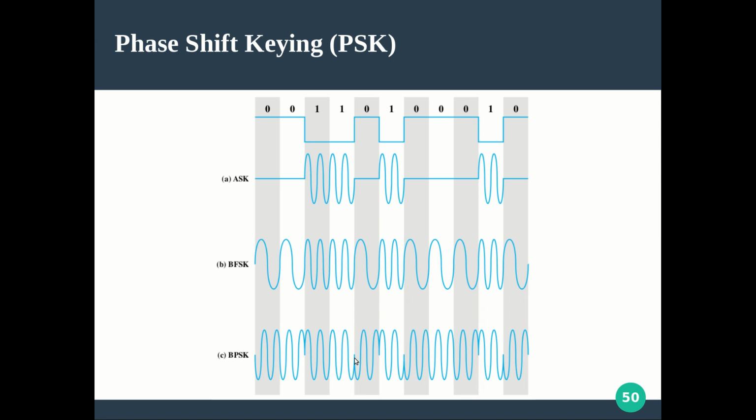Shifting the phase by 180 degrees is actually equivalent to multiplying the amplitude by -1, and that we will see. That is why you are getting a kind of reversed signal. Similarly, for 1 the original, for 0 the phase-shifted, 180 degree shifted signal. So that is the idea of binary phase shift keying, where we are taking 180 degrees as the phase shift, 0 degree and 180 degree.